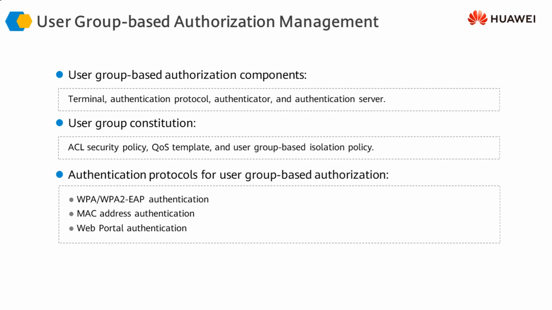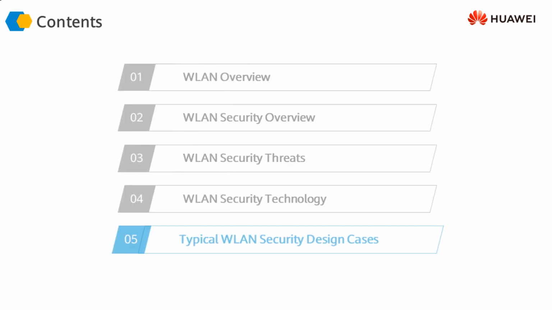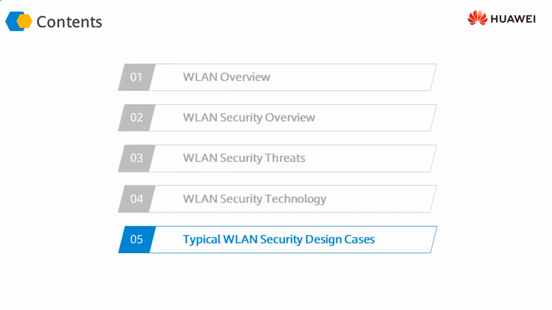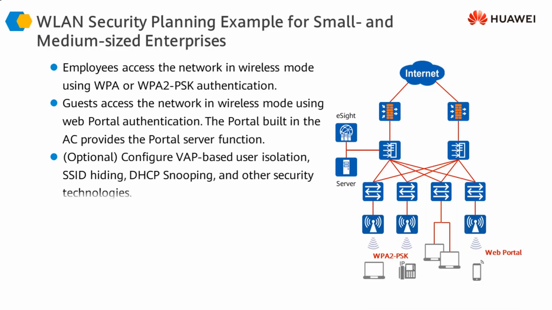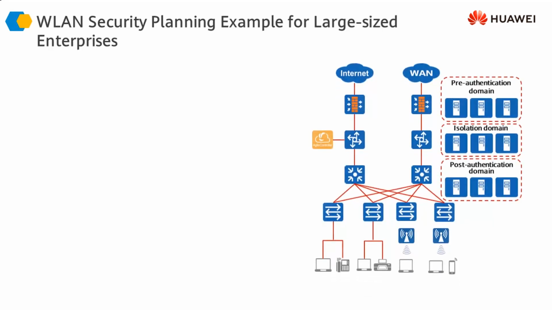And finally, we are going to look at 2 slides about how you design wireless networks. This is a typical design of a small to medium-sized wireless infrastructure. The major difference would be that you would be implementing WPA or WPA2 with PSK, pre-shared key authentication. However, in the case of large enterprises, you would be implementing the same using EAP authentication.